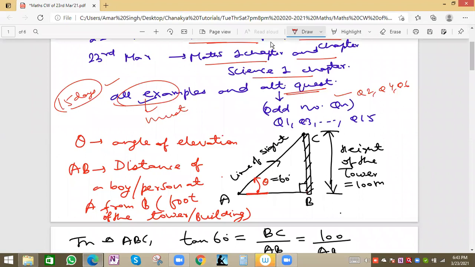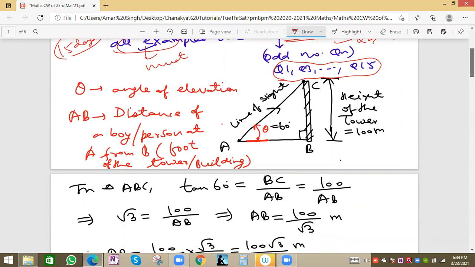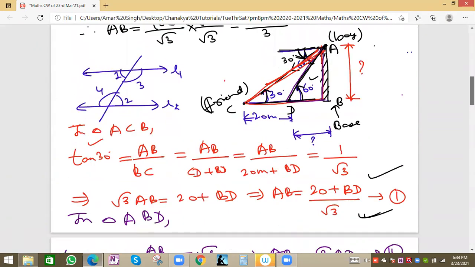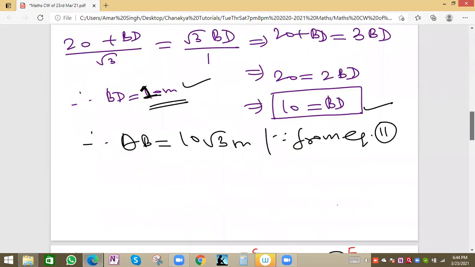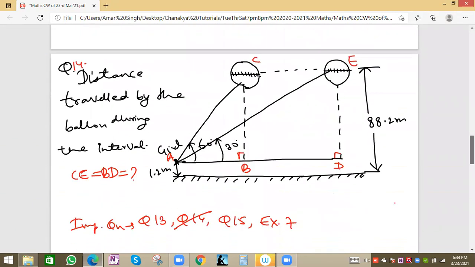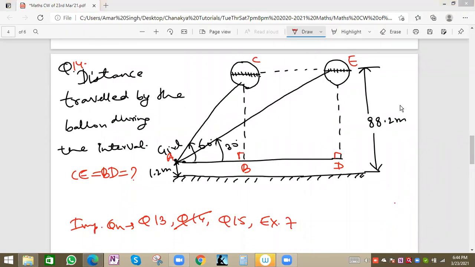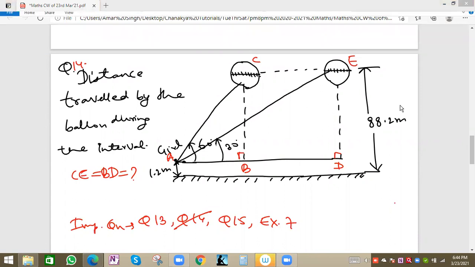For this heights and distances chapter, meaning applications of trigonometry, you can follow the odd sequence, because the question number section will most probably not come, since the complementary angle concept is used in that question. So you can take odd questions 1, 3, 5, 7, 9, 11, 13 and 15 and try to solve. Now I'll see how we can solve this question.